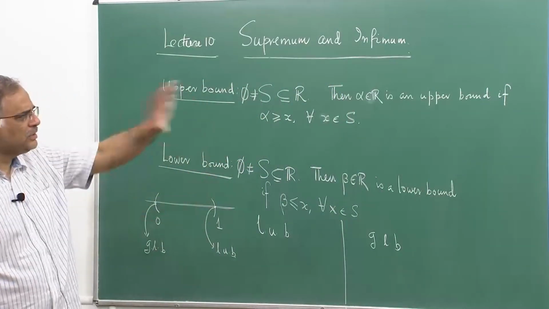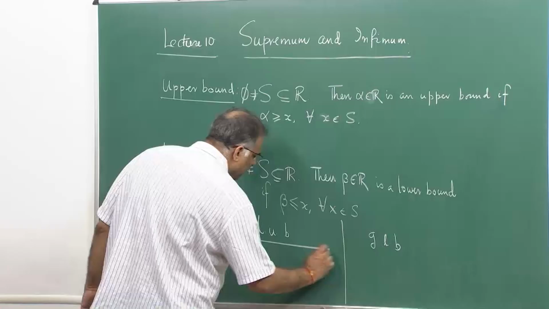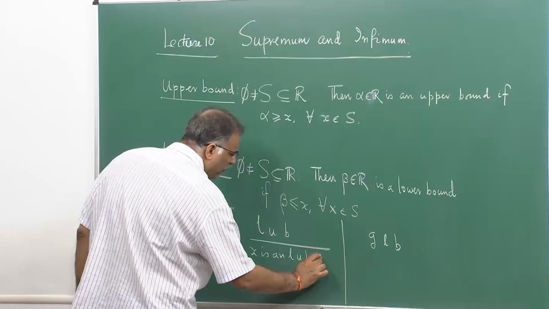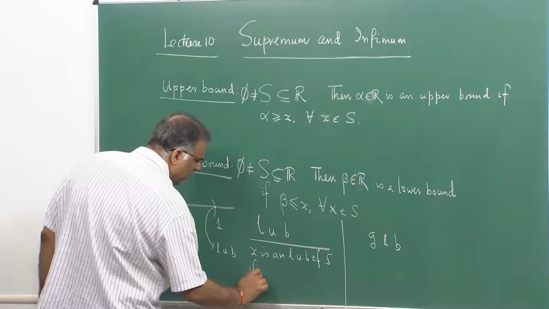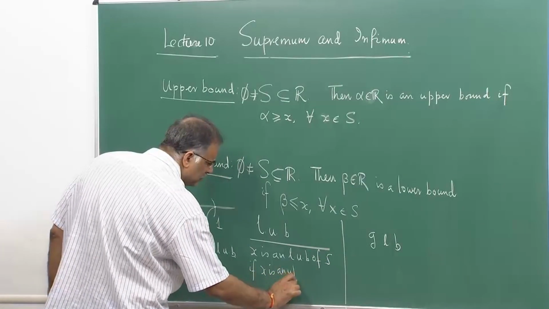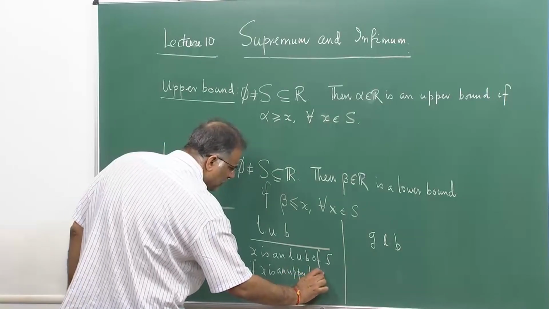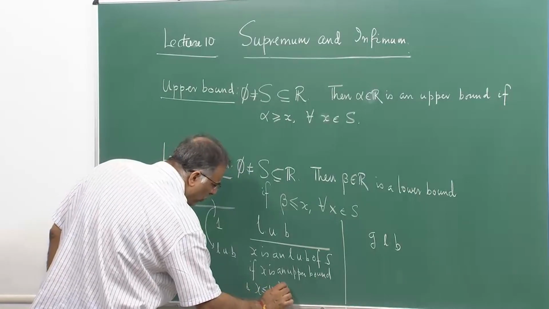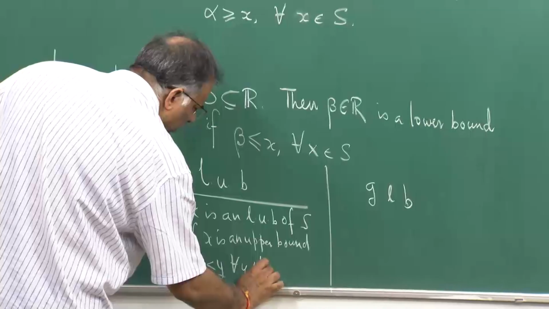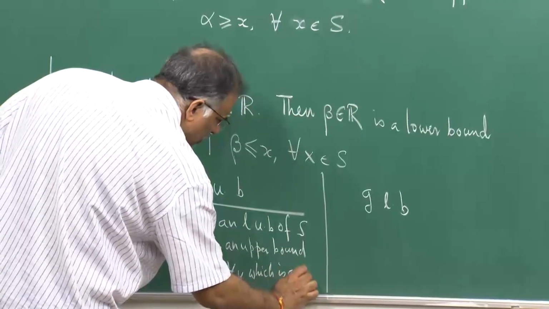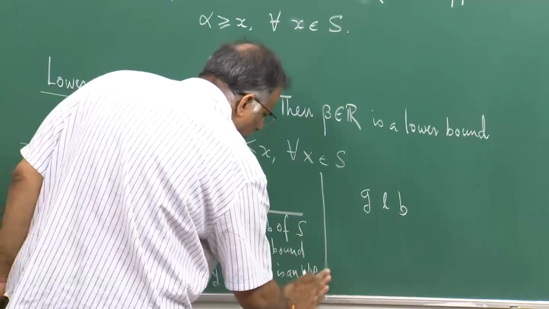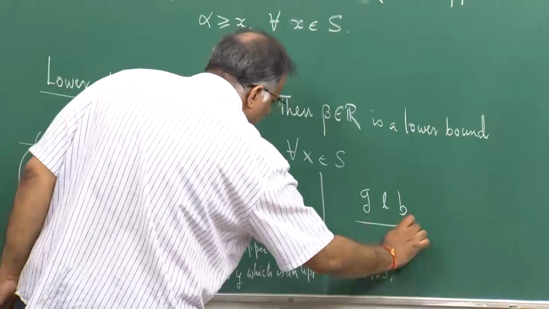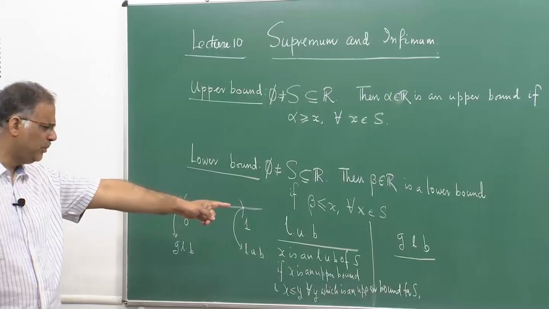So, this is what happens, and of course, I am not going to define this. This simply means that x is an LUB of S if x is an upper bound and x is less than or equal to y for all y which is an upper bound for S. So, I will expect that the students can write down the definition of GLB, which will simply say